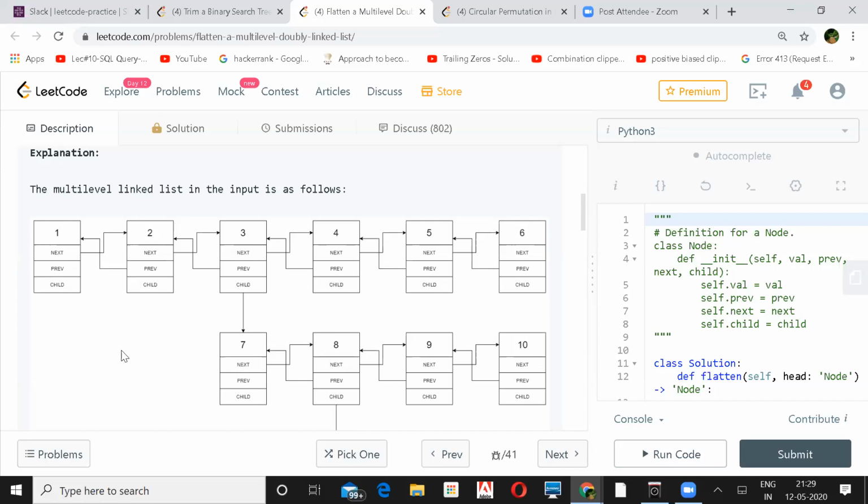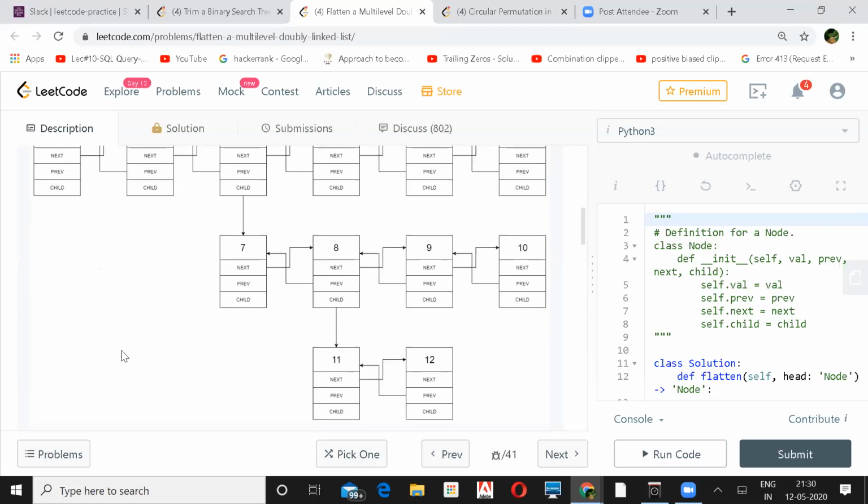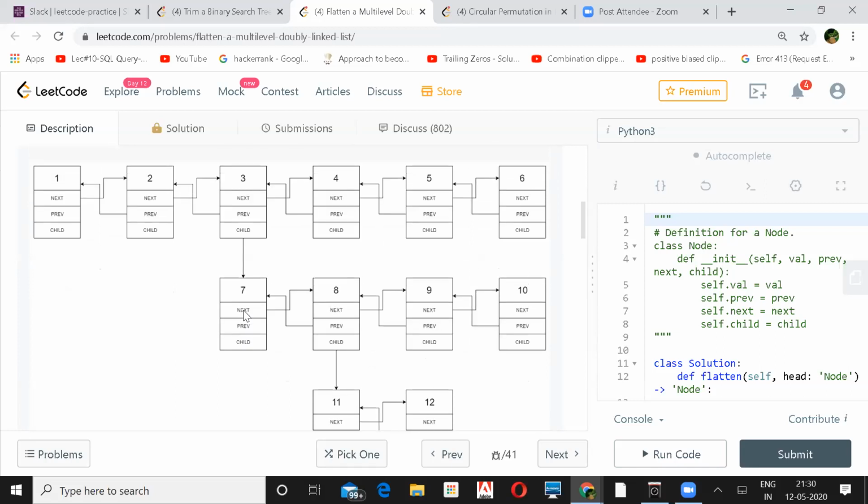We are at 3 and we are going to dive into the next level. That is when we'll call the DFS with 4 as the parent's next pointer and 7 as the current value. Also, when you go to 7, there's no previous, so that link also you need to establish, 7 to 3. So that also you need to check. Yeah, that is the meat of the recursive solution that we'll do.